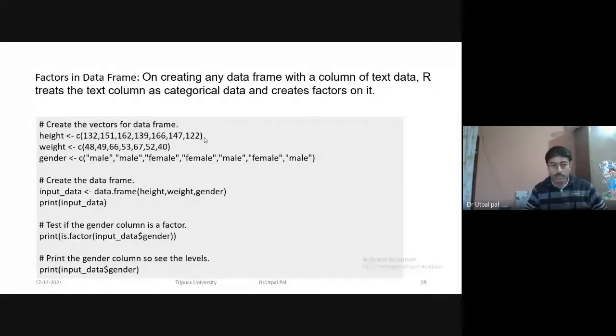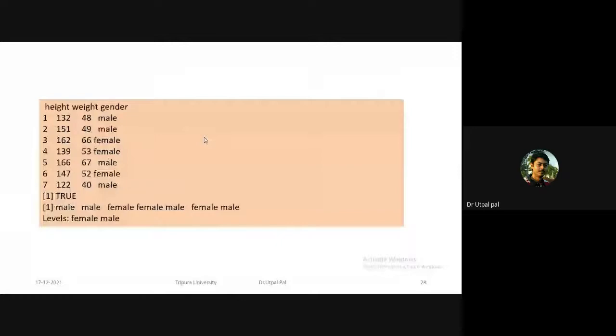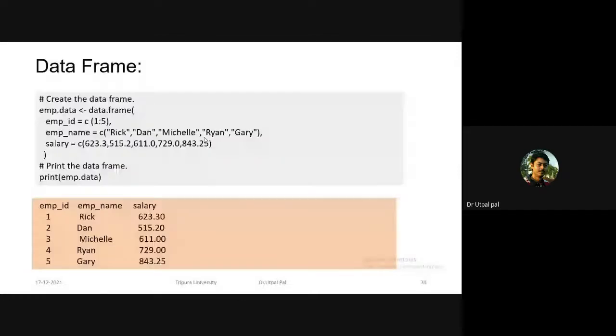Okay, next we have data frame. Data frames are very useful. For example, if you are to create a student table, in it we have a student's name and marks, different types of data, and that should be in a tabular format. Tabular data we can create using data frames.